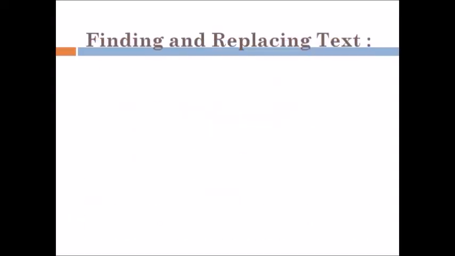So next is finding and replacing text. Okay, finding means locating some words or text in a lengthy document at different places can be as simple as clicking a button. Okay, means you can simply click on that button and find that text. And what is meant by replacing text? So replacing text means not only can the text be searched, but it can also be replaced with new text quickly and easily. So let's practically demonstrate it.